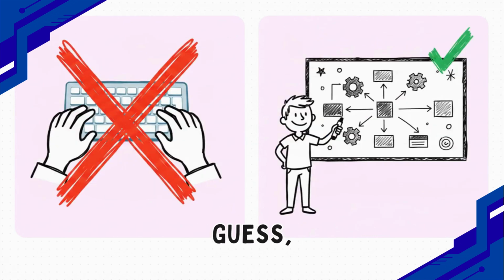So, as you can probably guess, programming is definitely not just typing code. Typing is literally just the final translation step. True programming is an ongoing, evolving journey of planning, designing, testing, and debugging. The real programming happens in your head, on a notepad, or on a whiteboard, long before the computer screen even turns on. It's all about figuring out the story you want the machine to act out.